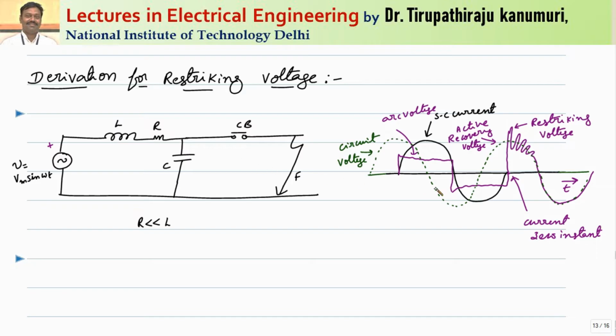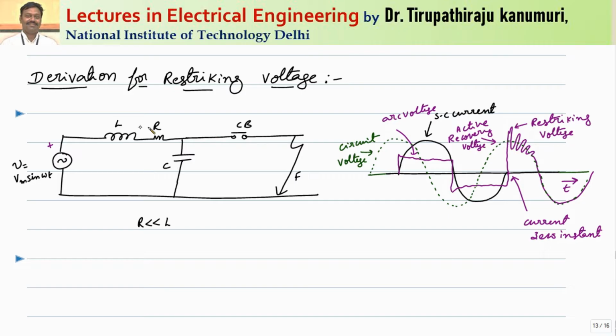We have seen in the last class, at natural current zero the arc will be extinguished, and whenever the arc is extinguished, so this is my arc voltage, across the contacts your normal supply voltage should come. We know the circuit is nearly purely inductive, because at the time of fault this capacitor is short circuited, so the only elements are L and R, and because R is very small, it is purely inductive. That's why I am taking 90 degrees. So the actual voltage that should reach is this one, which is called the active recovery voltage.